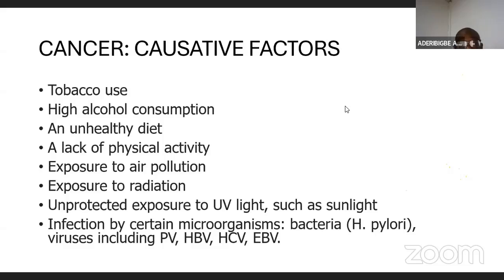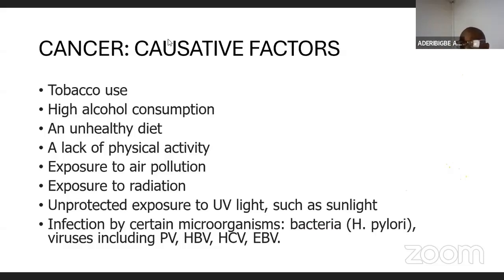So tobacco smoke also contains carcinogens, things that predispose to cancer because they irritate the cells, they kill cells. You understand? They are toxic to the cells, which makes the cells die and need to be replicated more. Also, high alcohol consumption is toxic to many organs in the body. In fact, in medical school, once they ask you the exposing factors to any cancer, say alcohol consumption, you will be right.